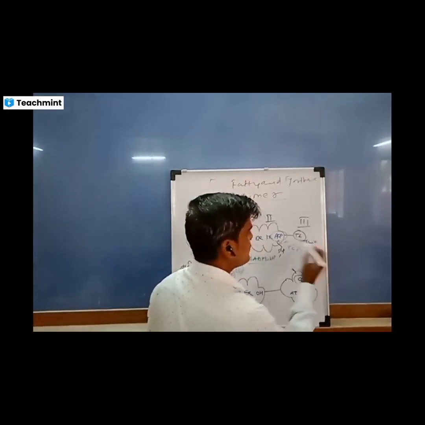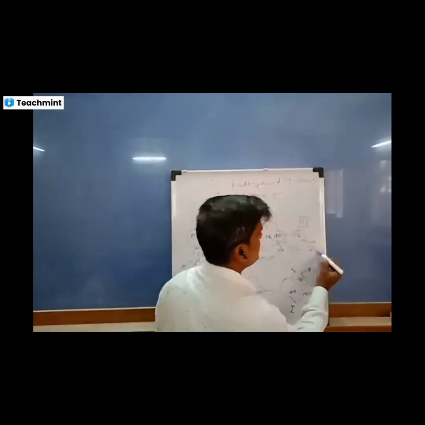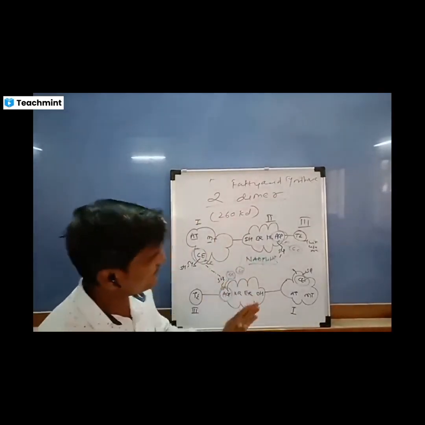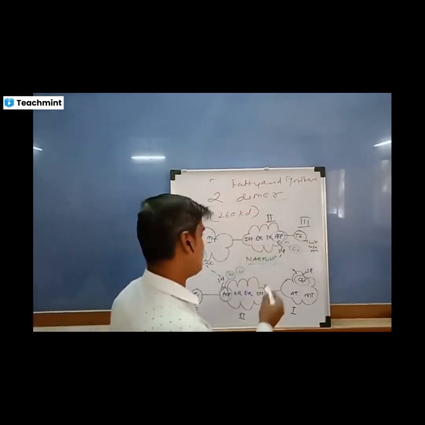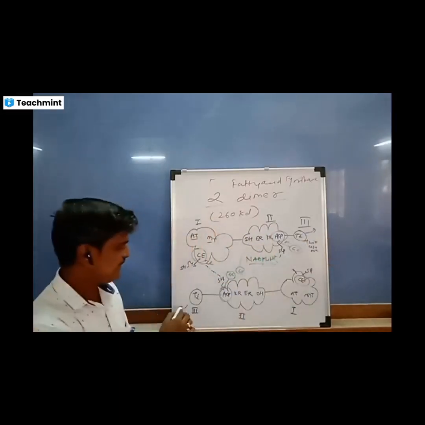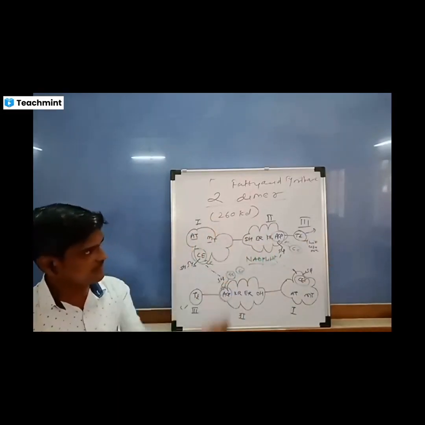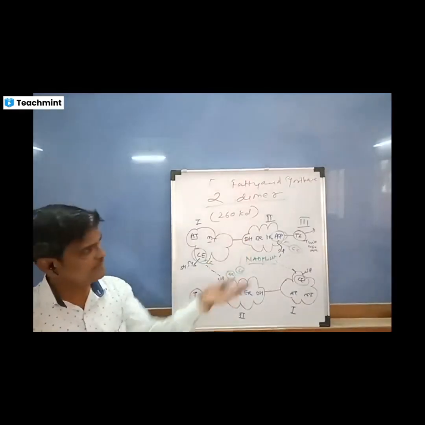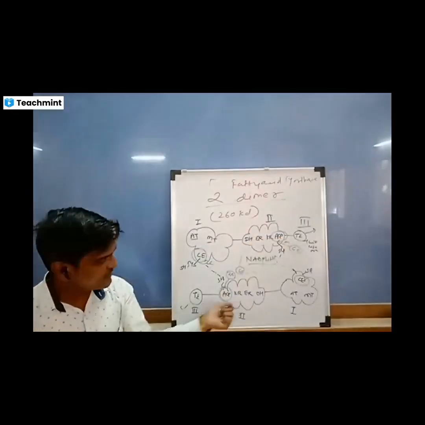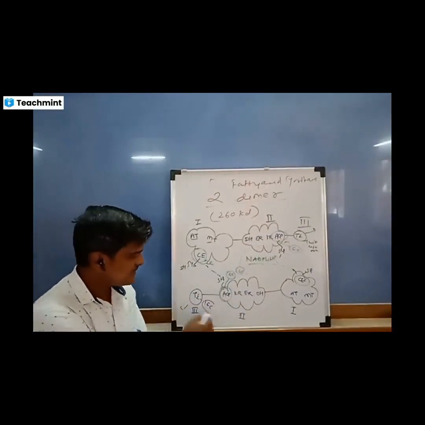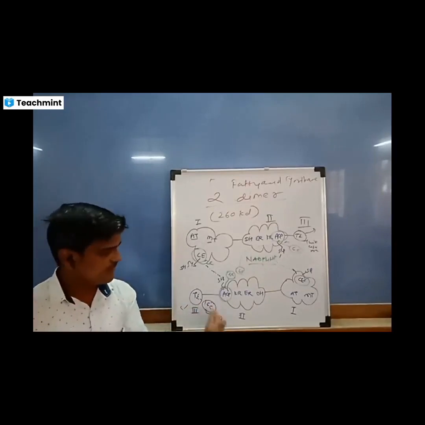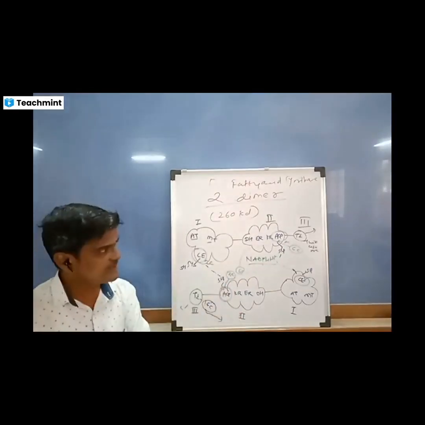When all the rounds are completed, there is one unit called the palmitic releasing unit. Whatever the 16 carbon chain formed on either of the domains, depending upon the type of elongation, the 16 carbon palmitic unit is released from this side or this side, depending upon to which turn the elongation is completed. If, for example, it is completed to this, then the next round of elongation is completed using the second and third domains of the opposite chain, and from this palmitic release unit, 16 carbon palmitic acid is detached from the multi-enzyme complex system. So this is about the multi-enzyme complex fatty acid synthase.